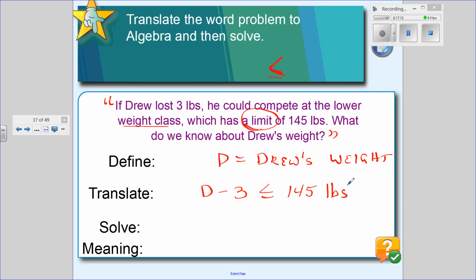Okay, so let's solve. The only thing to solve here is if you just add the 3 to both sides. Okay, so let's go ahead and do that. Plus 3. And we'll solve to find that D is less than or equal to 148 pounds. Meaning, okay, D is less than, well, what did D stand for? D is Drew's weight. Okay, so let's put meaning to this. Drew weighs at most